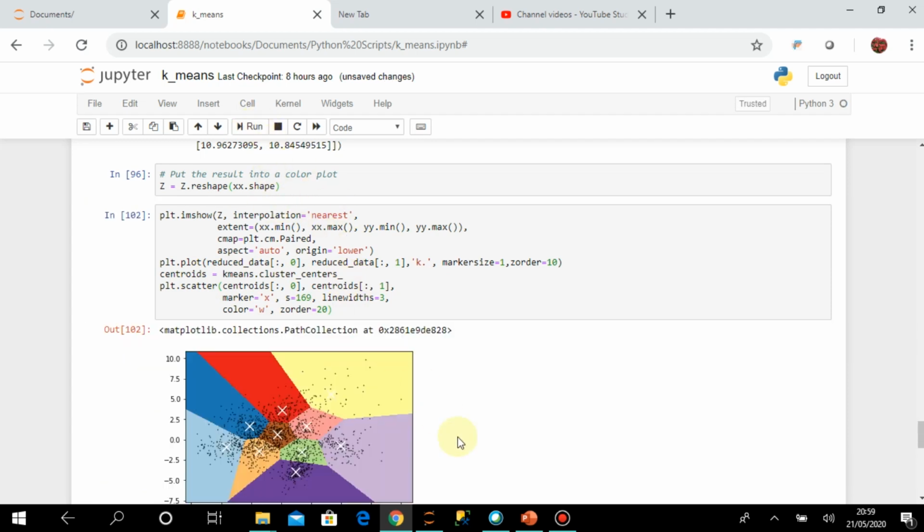Now you can see some white crosses, so they are actually the centroids for these clusters. If this is one cluster, these are all the members of the cluster, and this is the centroid. It has taken the x and y axis values and just placed them.